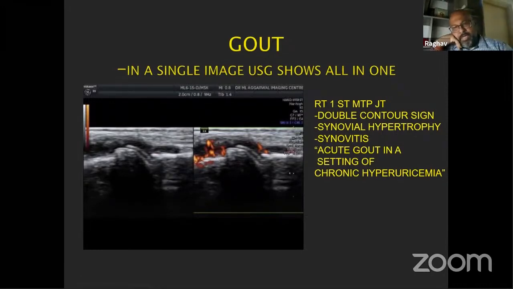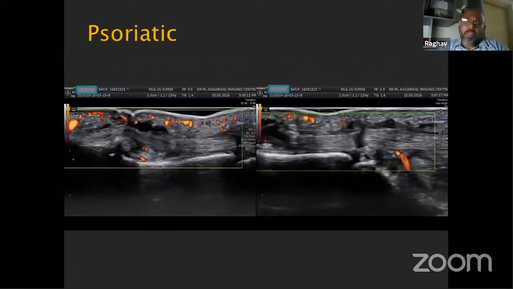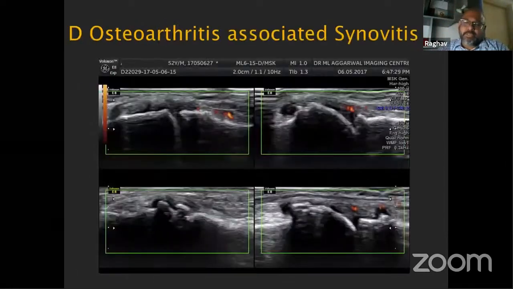So we could tell you whether the dual energy CT will tell you that there are tophi. We can tell you the tophi in the ultrasound. We also have this double contour sign, which is a very, very specific sign for hyperuricemia. And we can pick up the associated inflammatory pathology and associated activity of the gout as it is seen in this case. Psoriatic arthropathy, again, the feature, this is a slide of the hand, but we can pick up similar